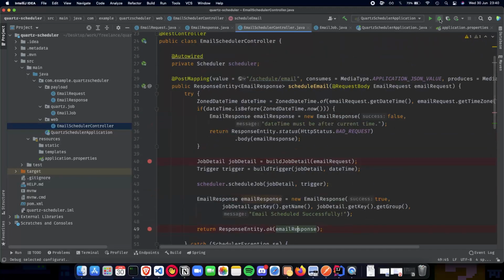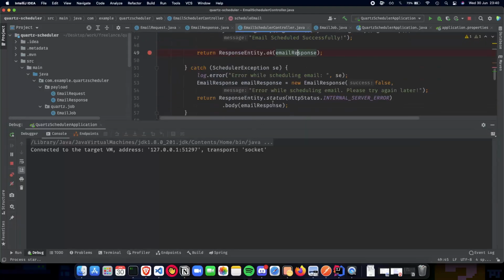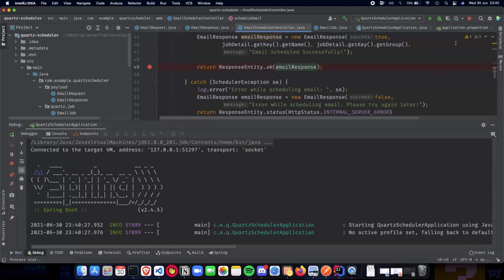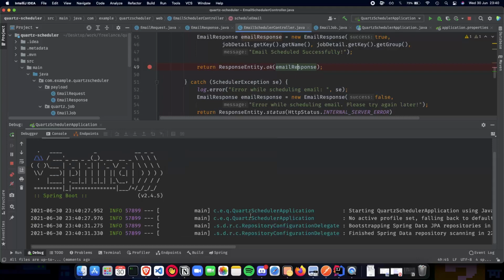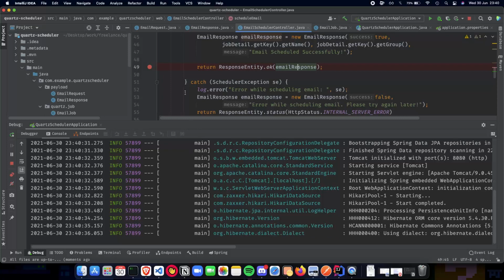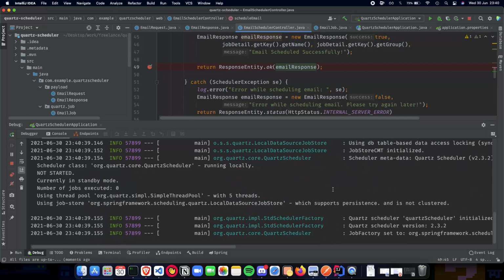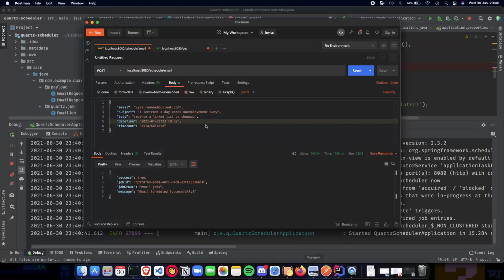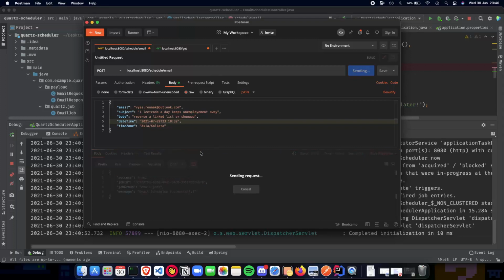Now what you have to do is run it using the debug mode, and this takes comparatively a bit more time to start when you compare it to the run button, because IntelliJ does something behind the scenes to make sure that the breakpoints are actually being hit. Now once this is done, should be over any time now, and yep, now we have to go to Postman and do a send here, basically trigger our process. And once we do that, you'll see that we go inside the debugger console.